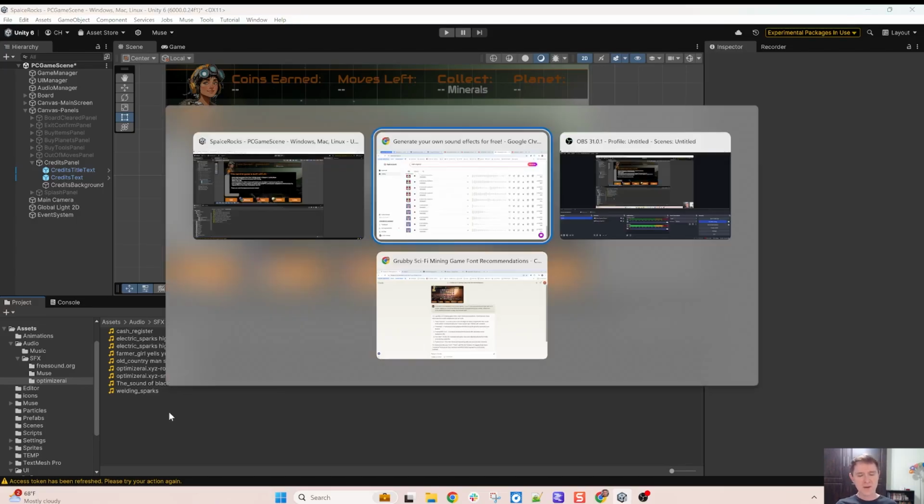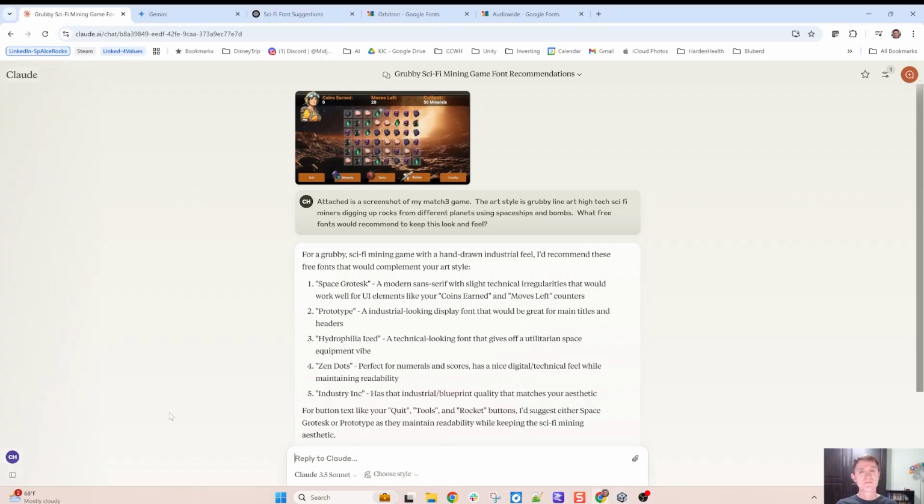But now let's talk about creativity. So what about fonts? Fonts is something you can choose. It rounds out the look and feel of your game. And there's just a ton of free fonts out there you can use. And so what I decided to do is I gave